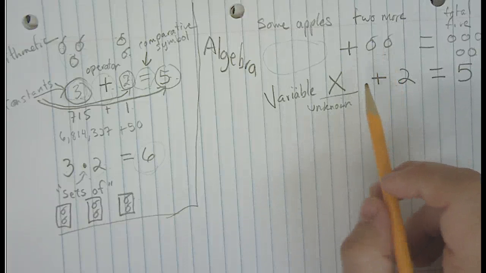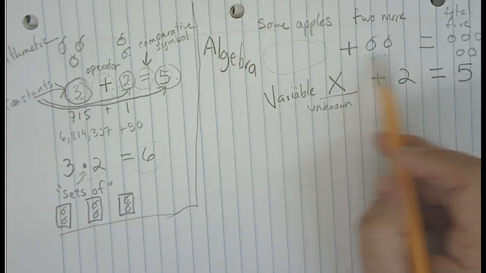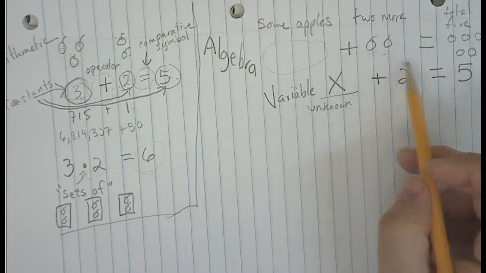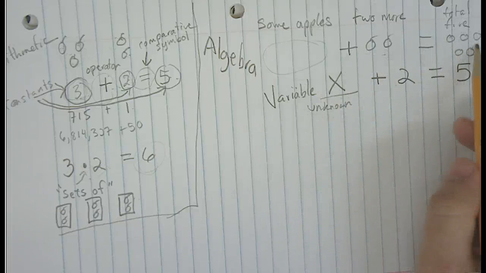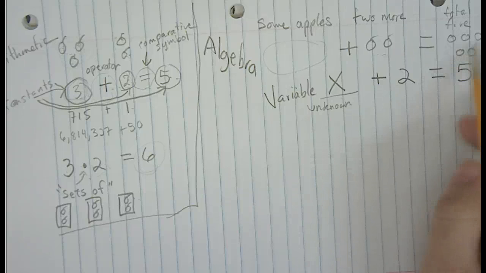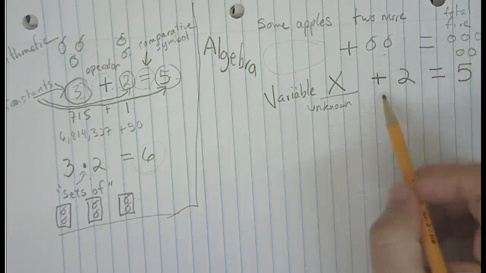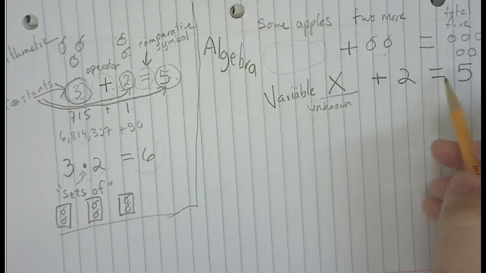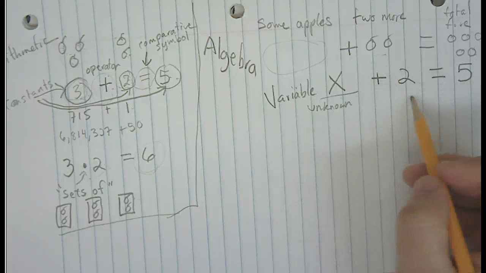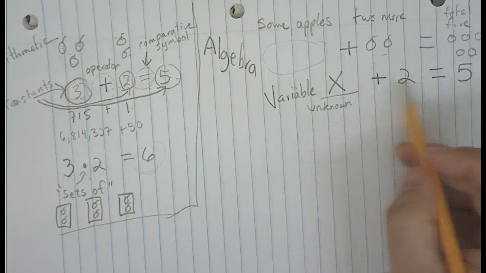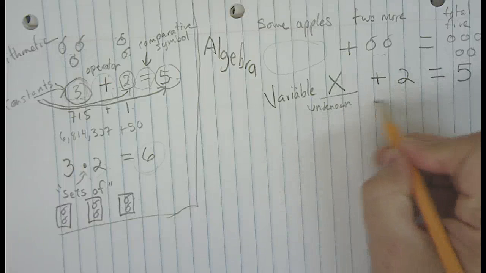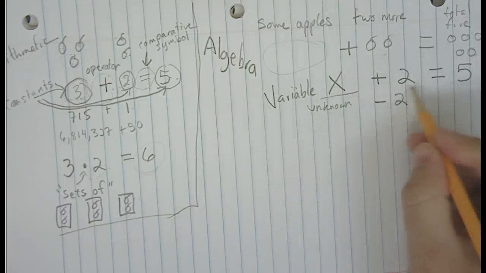Well, how do we do it? We just simply reverse the operation. In your head, you would say, oh, I have 5, but she gave me 2. Let me give her the 2 back, and I'll have 3. So that's really what algebra is. The steps of algebra are to reverse the operation. You recognize the operation, that 2 were added, and then you reverse it. So you would subtract 2, and then